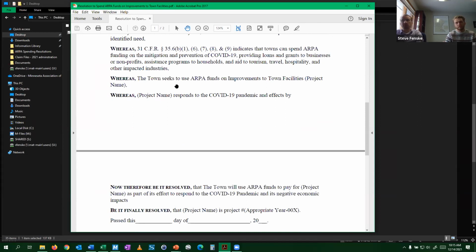It could be the improvements that protect a clerk or a treasurer if they're taking office hours there and you want to provide some separation between them and the public. These are things you could add to it. Another popular one has been air exchanger systems, moving air through the building in and out. Those are just some examples we've talked about before, but that would be where you describe the project here.